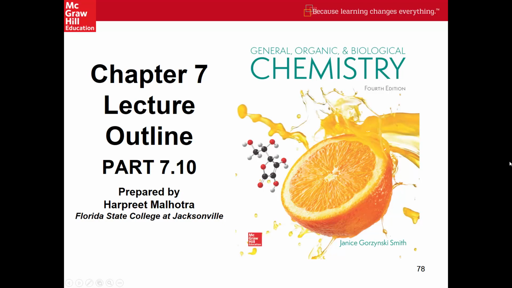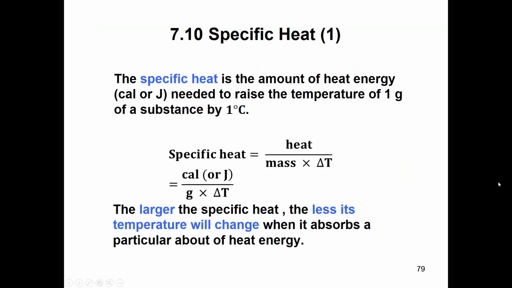One of the characteristics of solids, and other states as well, I should say liquids, is that they have what's inherently called specific heat. Specific heat is how much heat I have to add, and we measure that in calories or in joules. How much of that energy is needed to raise the temperature of a gram of whatever substance I'm looking at by 1 degree C. So specific heat is the amount of heat required to raise the temperature of 1 gram